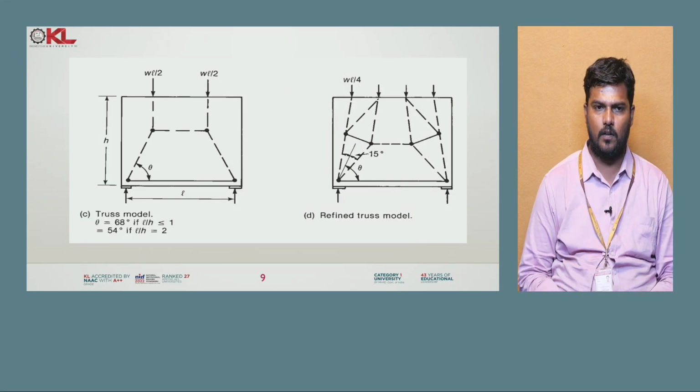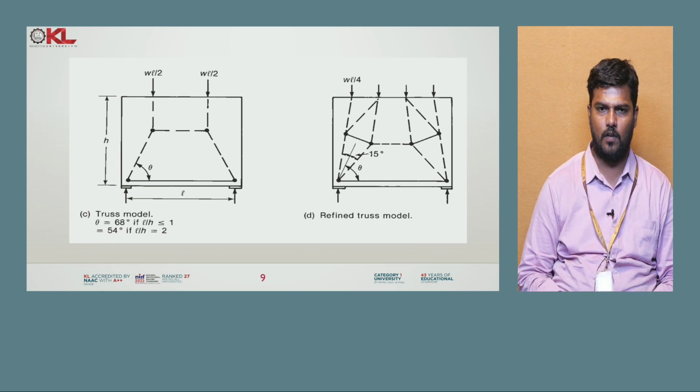Good morning all. Now I am continuing the CO2 second topic, that is nothing but the D beams, continuation to the previous one. So here you can see the truss model while designing, where L is the length of the section and H is the depth of the section. So here we are applying the 2-point loading, that's why the load is applied as WL by 2 and WL by 2. In the case of the truss model, the theta you have to maintain is 68 degrees